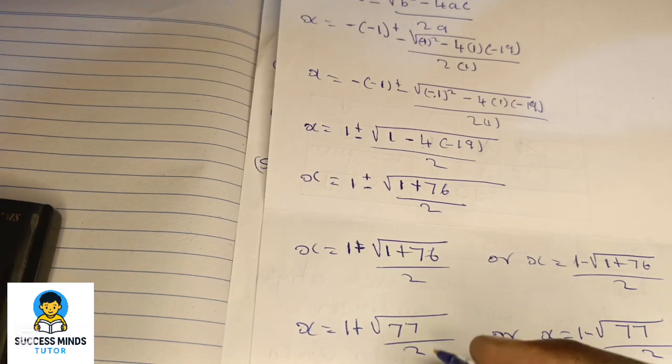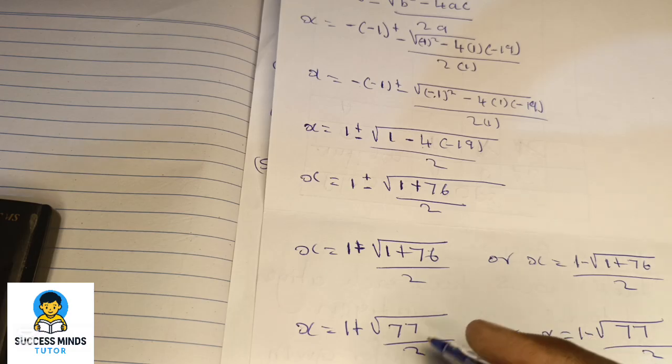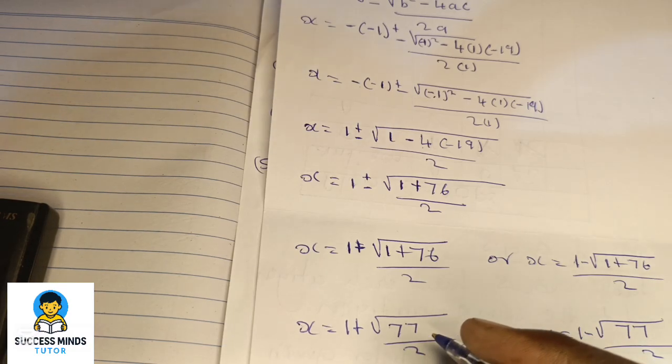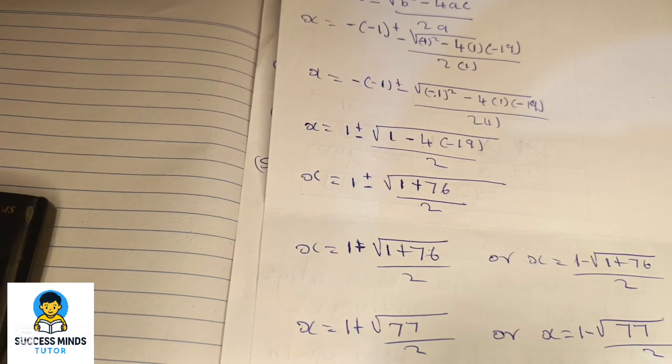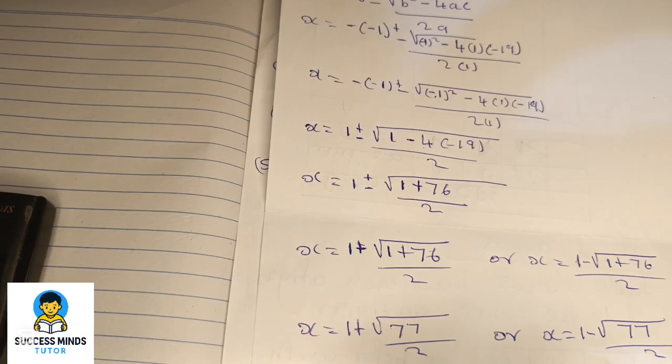Or if you want, guys, you can square root first, then you add the number. But if you want, you can do it direct. So you can just say square root of 77, then divide by 2. Then now you can add plus 1. That will be, it's coming back to the same thing. So the answer is